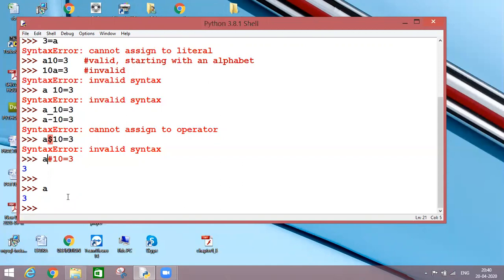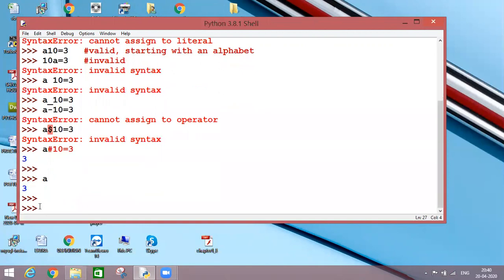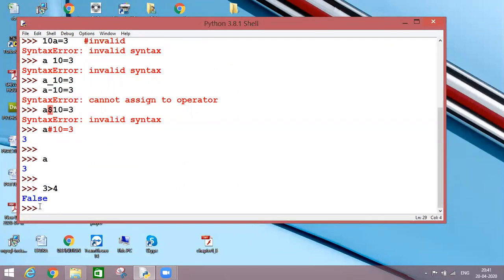Okay, let's move on. Next is, keywords cannot be used as a variable name. As we have stated, what are keywords? If I talk about my print, this is a keyword. If I say True, False, these are my keywords. Like I can show you 3 > 4. I am getting the result as False. False is known as a keyword, which is an inbuilt functionality of Python.